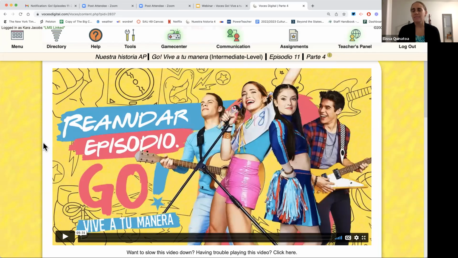Yes. And then culture and civ is a choice. They have a whole bunch of different things that they can do, and they can choose a character from Go, or they can choose something related to Go. In Spanish 3, when we show it for that week, we do have an assessment that we give them after that first week, because we find that works really well, to do a week of just Go. And we do a lot of intro.